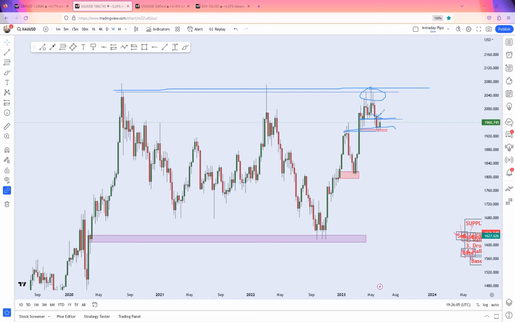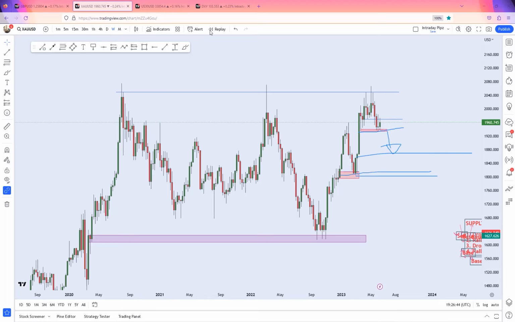Then the just concluded week also tried to test that broken structure and ended up closing lower. So now with this price action, there's a high possibility that we might see price drop. And if that happens, it means that this whole liquidity here on this candle will be filled. So we should see a strong drop in price if this previous low is taken out. So basically we should be watching out for a break in Friday's low for price to continue bearish, all the way to this zone.